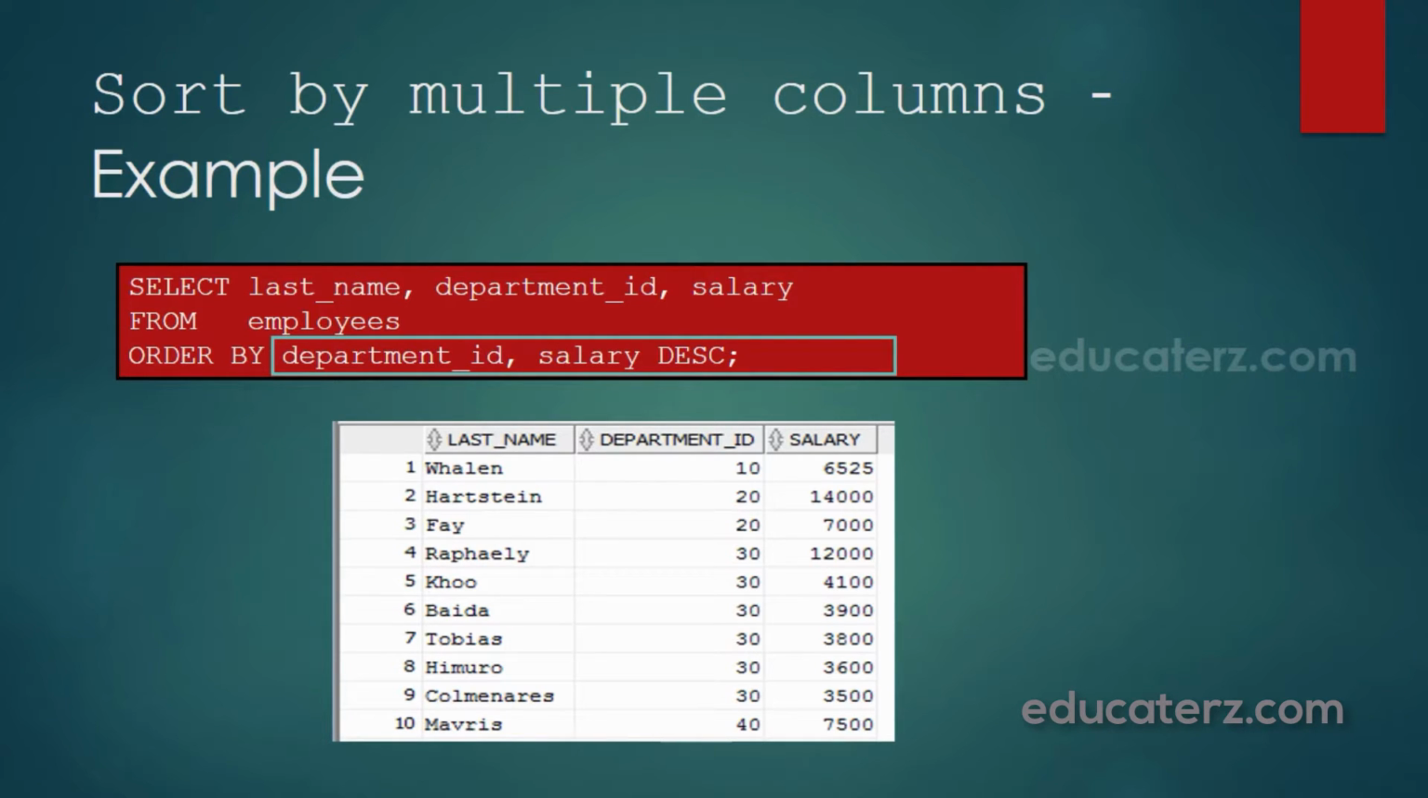Sort by multiple columns. In the order by clause, you can have multiple columns. Let us take an example. I want to display the details of the employees such as last name, department ID and salary from employees table, order by department ID and salary descending order. This indicates that department ID should be sorted in ascending order and salary should be sorted in descending order. If you look at the result set,